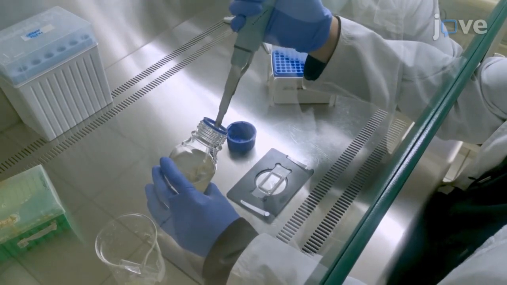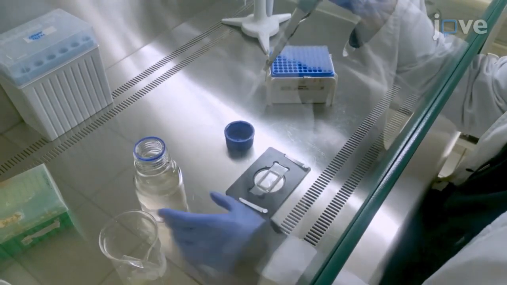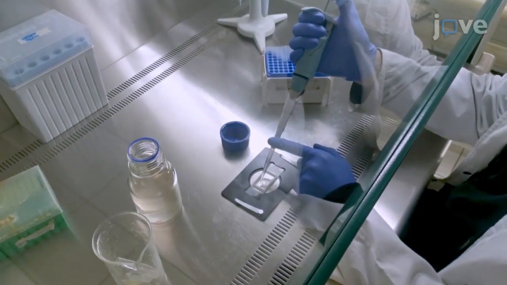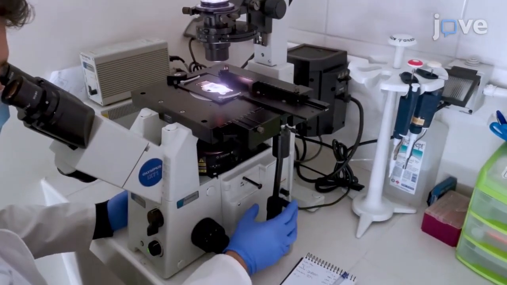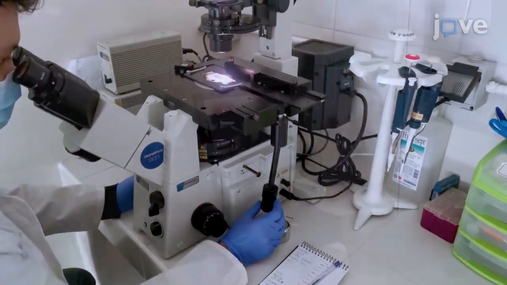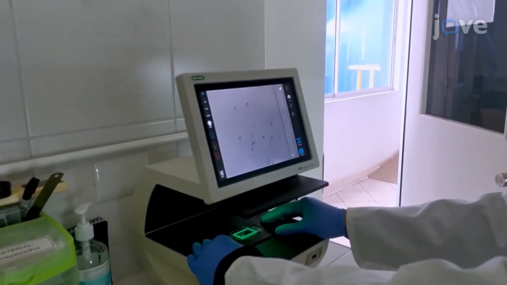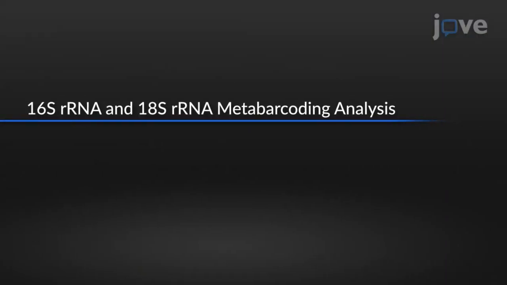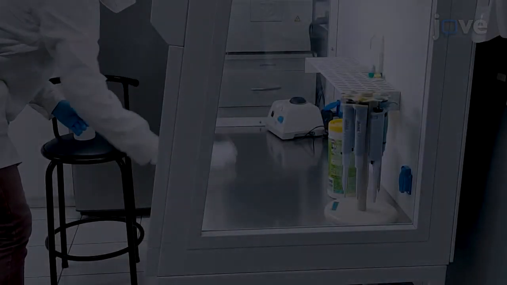For microscopic analysis, transfer 1 milliliter of the water sample onto a 1 milliliter grid slide using a pipette. Observe the sample under a microscope and record the names and quantity of the phytoplankton species. Clean pipettes in the laminar